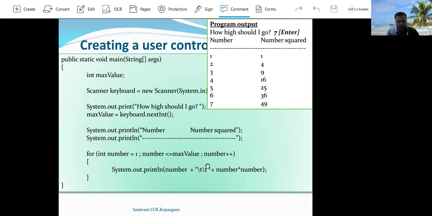And whatever statement is written inside the for loop gets executed as long as the value of number is less than or equal to max value. That is, the for loop statement gets executed for the value of number from 1 to 7.